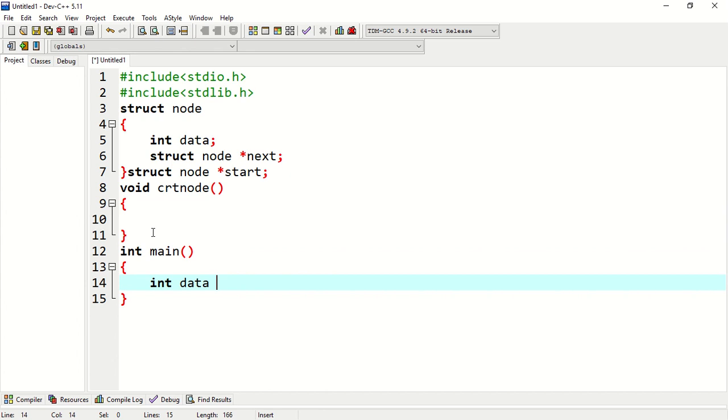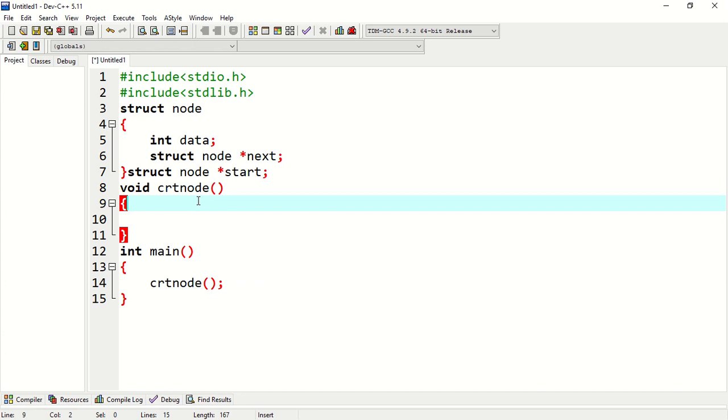When we are going to create this node, we call the create node function. So this is a basic program. When we perform all operations on the singly linked list, I will add a switch case with all the possible cases. So it is just the introduction part, and it is a simple portion.